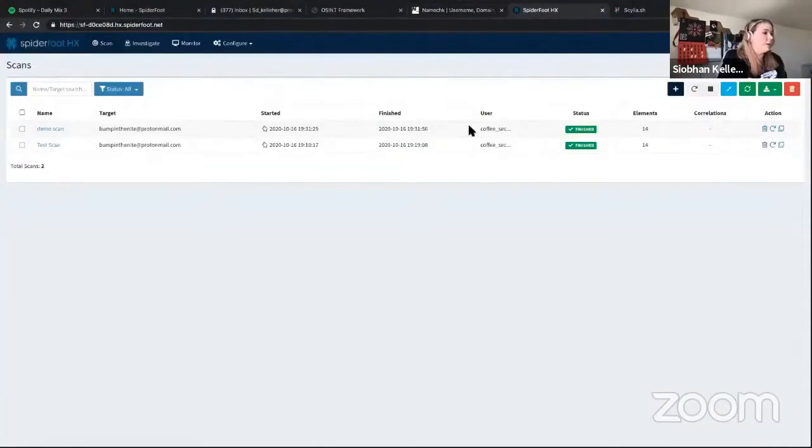So I come into Spiderfoot. You can see that I've run scans before. If I want to run a new scan, it's really simple. I just hit the plus button over here. Before we run the new scan, I'll give you a quick run through. With the free version, you can't use the investigate or the monitor, and it does have a lot of limitations. But if you're just using it for a CTF or you're just using it to find a malicious email or something like that, then you don't need all the extra things necessarily.